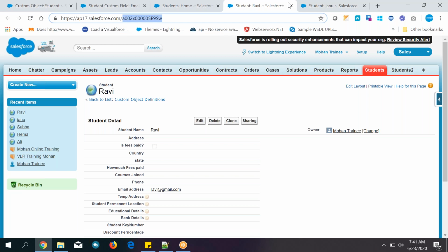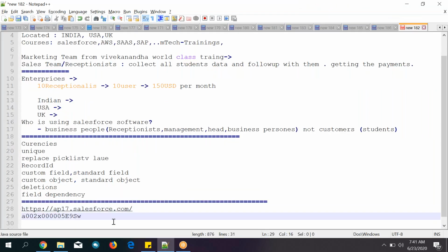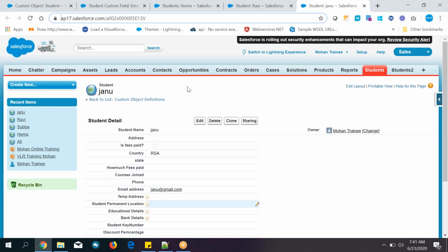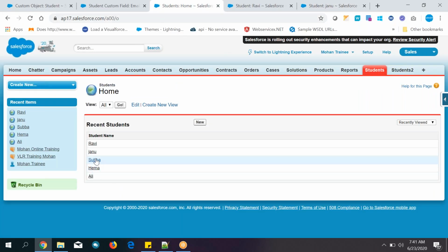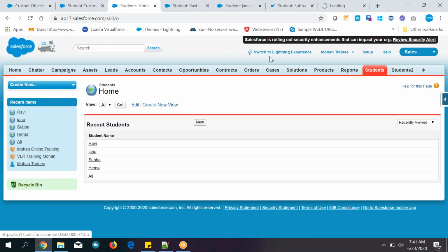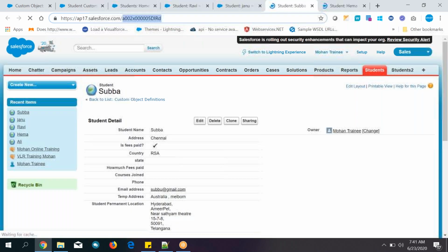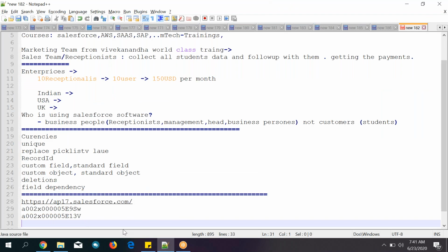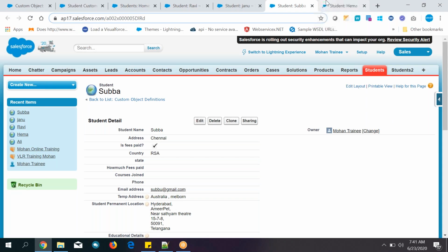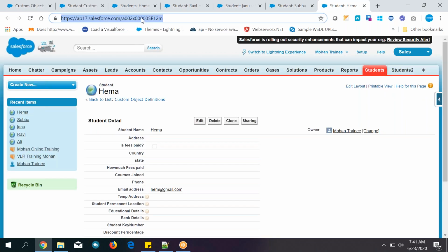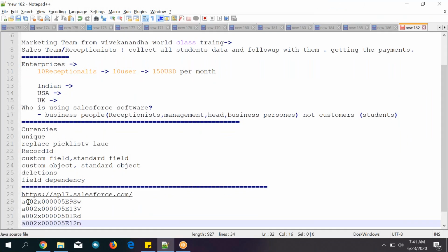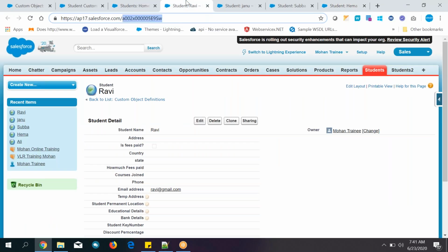But this is changing. If you observe, this is going to be changed. You can see now, this is for Subbu, this is for John, Subba, Hema. See here, another record ID. First one, Ravi.